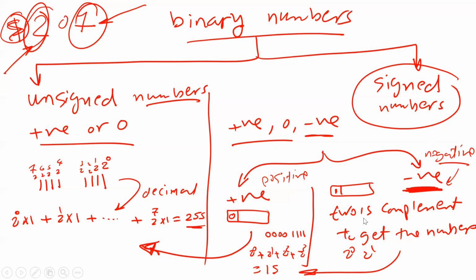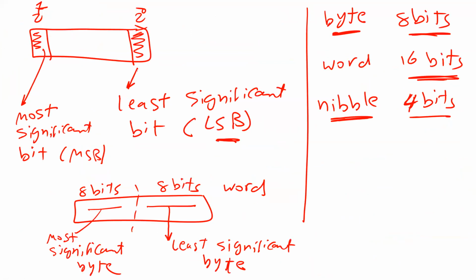Now, what if the number is negative? How do I convert it? I give you a number and tell you this number is signed, and you find it is negative, and you want to convert it to decimal. How can you do that? I'm going to explain to you how right now. But before I explain, we need to agree on several things.